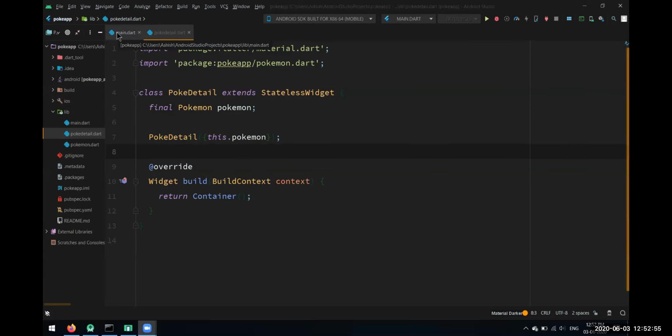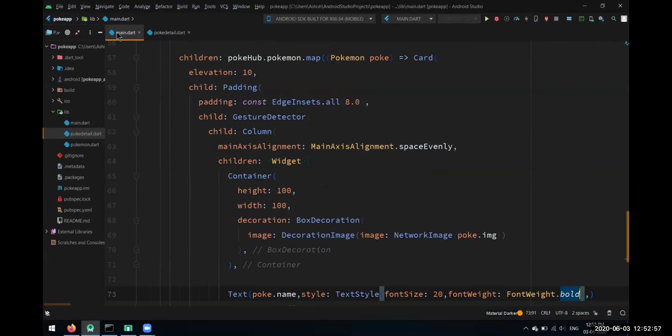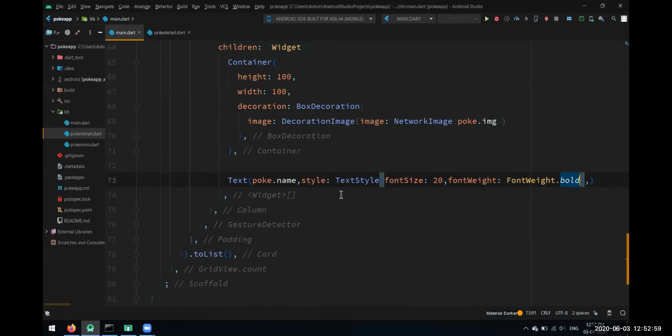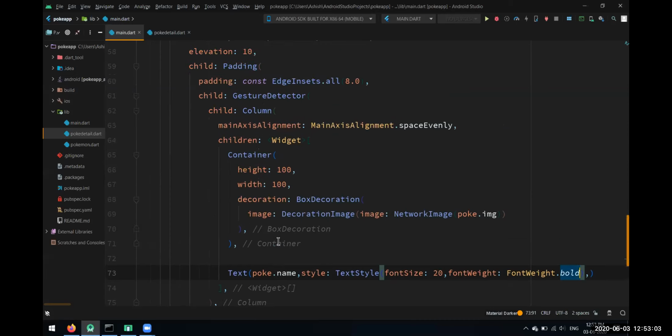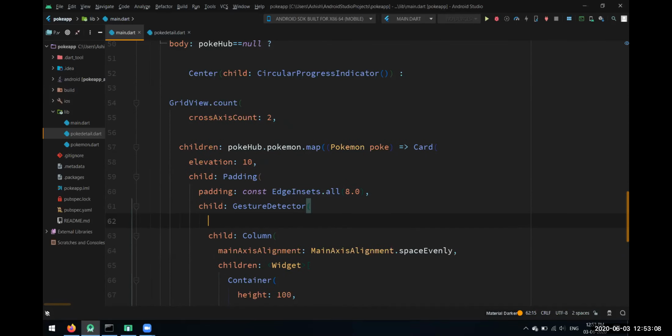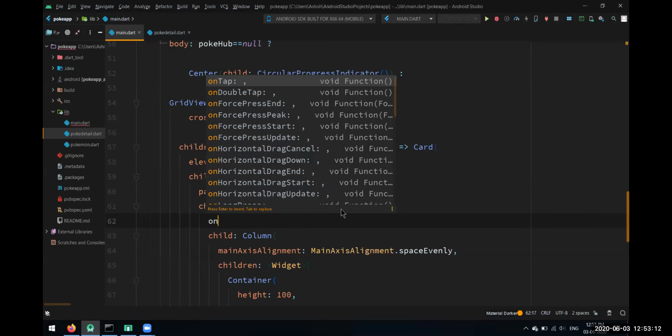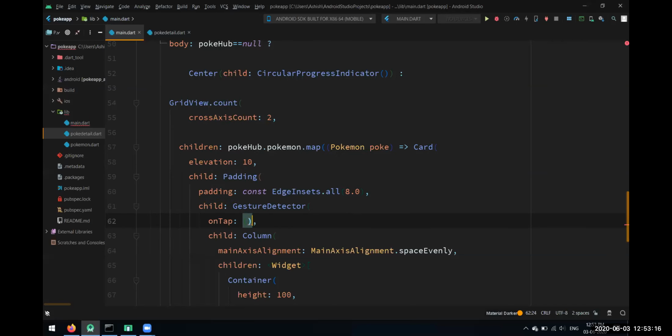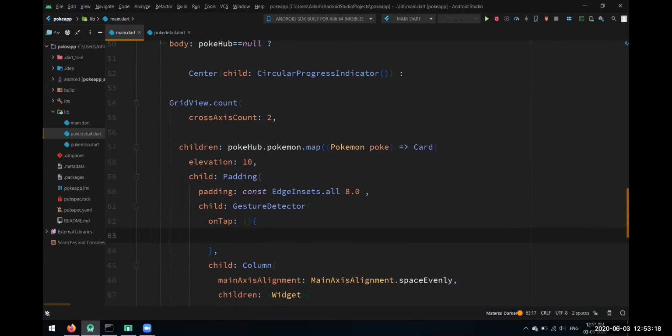Let's go back to our page and see how we can navigate to the page where we'll be showing the whole details of that particular Pokemon. Here, with the gesture detector, I told you that whenever we wrap something with a gesture detector, we get properties like on pressed, on tap, on double tap. So we'll use this simple on tap callback.